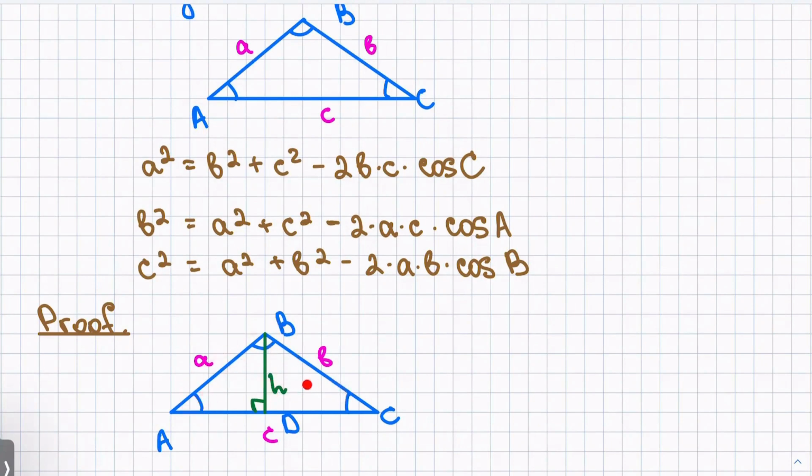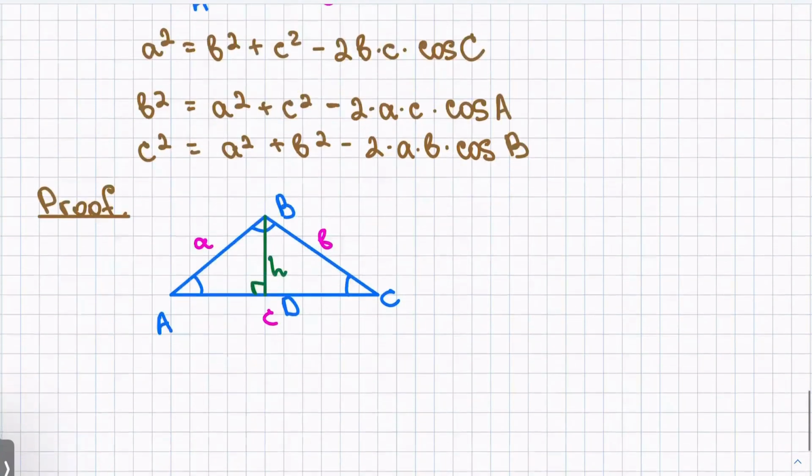Because we have two right triangles, we can apply the Pythagorean theorem to both of them. So how do we apply it? Here a is the hypotenuse with respect to this triangle, and b is the hypotenuse with respect to this right triangle. So by the Pythagorean theorem,